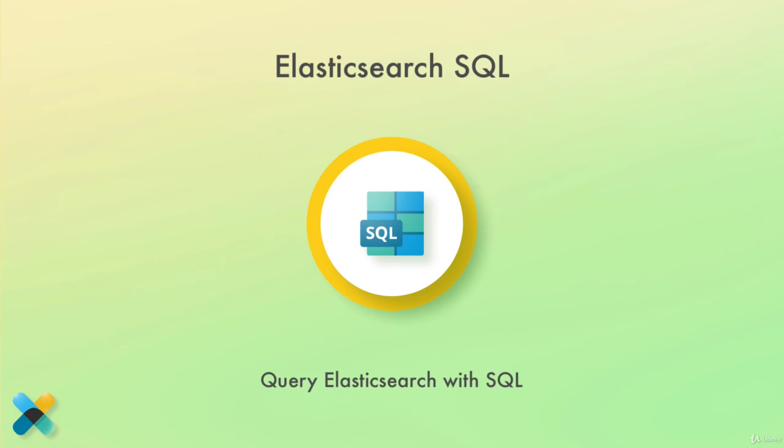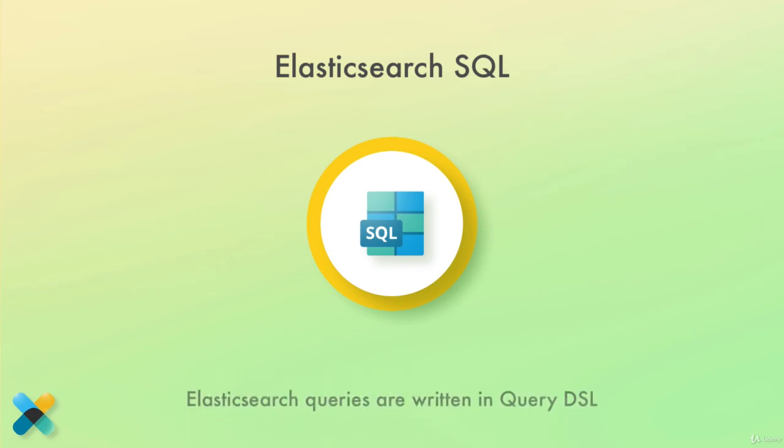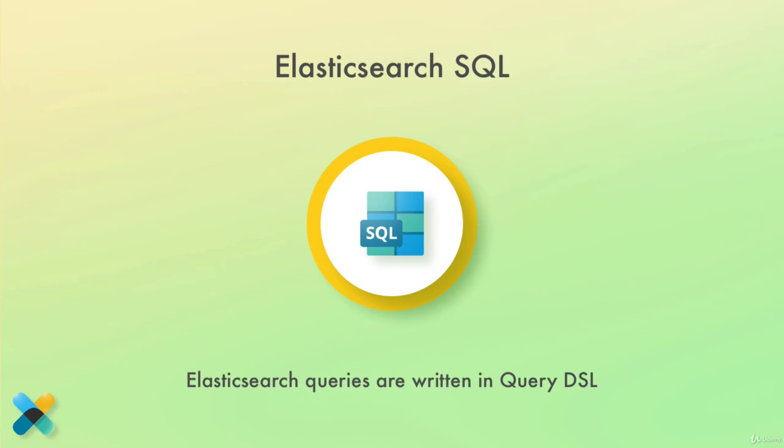If you have worked with relational databases, then you are familiar with their query language, being SQL. In Elasticsearch, we query documents with a proprietary query language named the query DSL. This is essentially a JSON object defining the query. The query DSL is really flexible and you can do everything with it, but it might be a bit verbose at times. For developers who come from a background of working with relational databases, it would be easier to just work with SQL, wouldn't it?